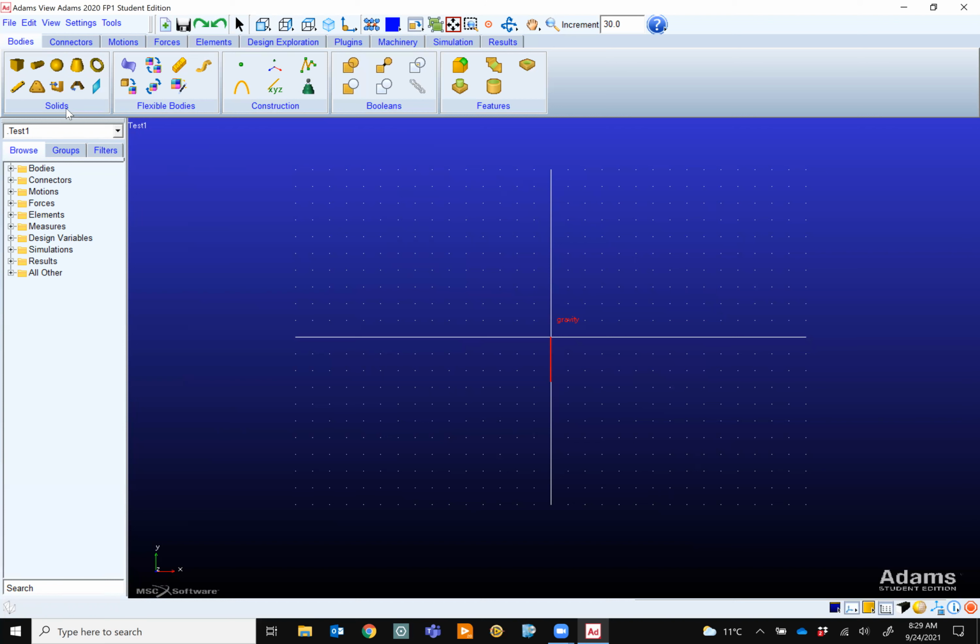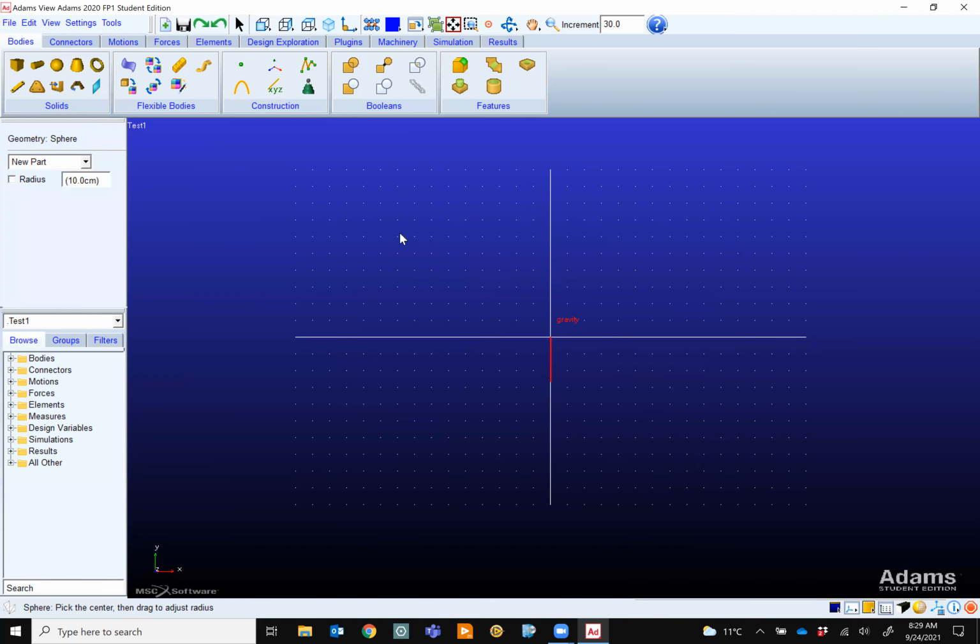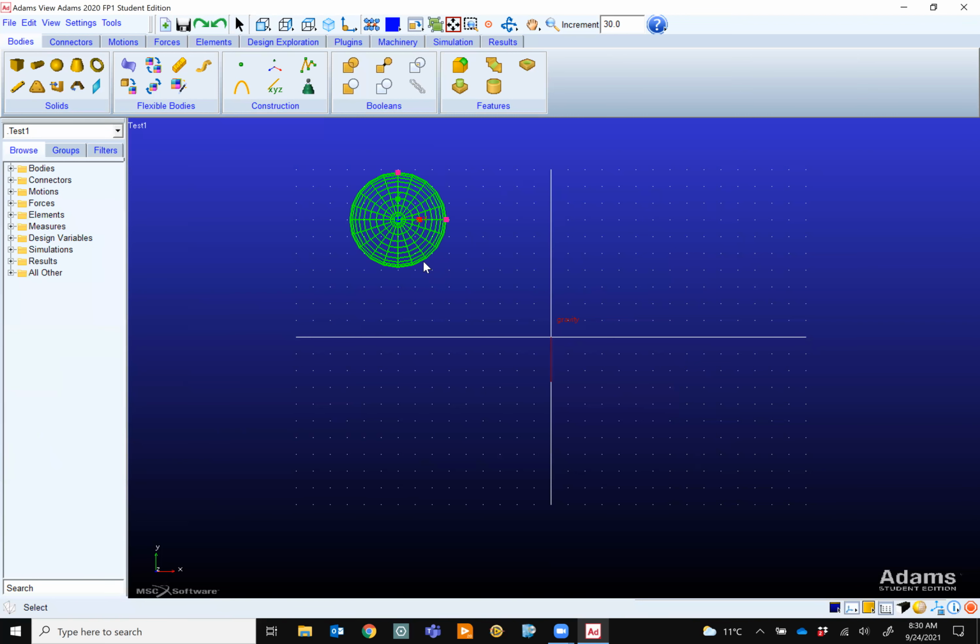So I want your attention here. Let's say I want to make a sphere. I click on the sphere. Again, if I come here, nothing will happen. You see, nothing is happening. If I click somewhere and hold, if I right click, hold, and I didn't do anything, I just drag my mouse.